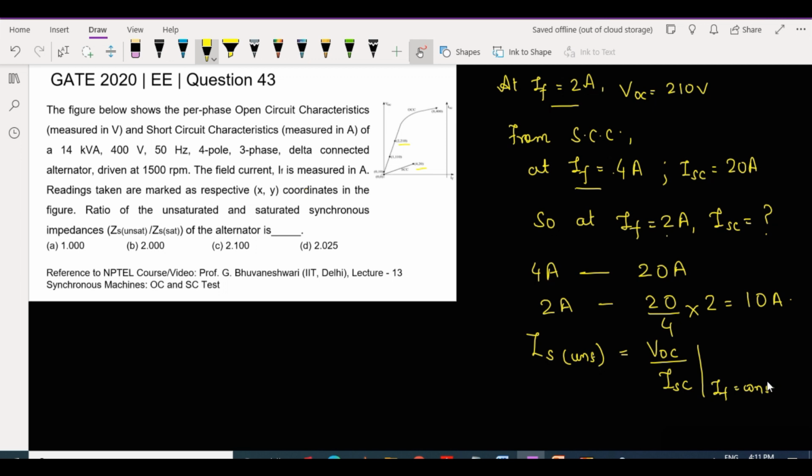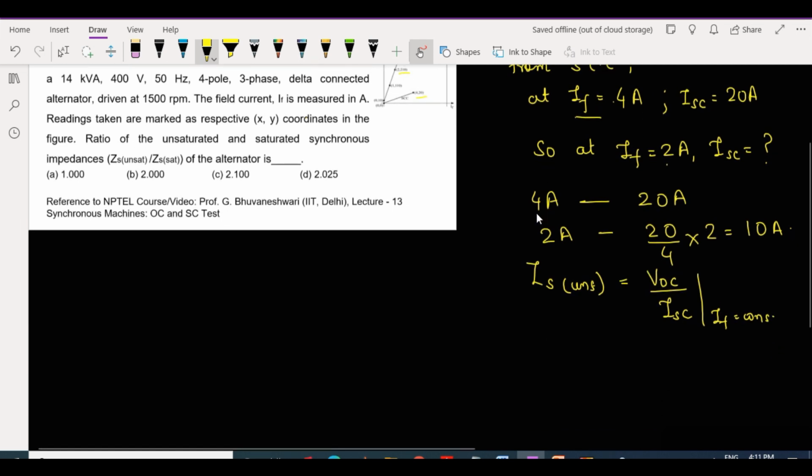So what is VOC? VOC is 210 volts, that is from here, and ISC is how much? That we have calculated as 10. So this comes out to be 21 ohms. So we have calculated our unsaturated synchronous impedance.